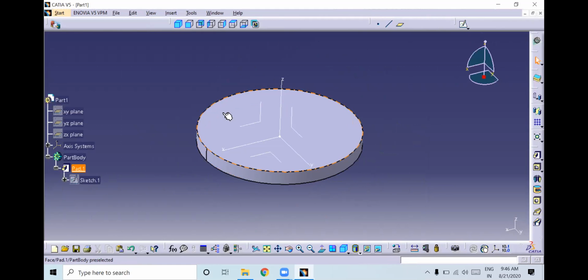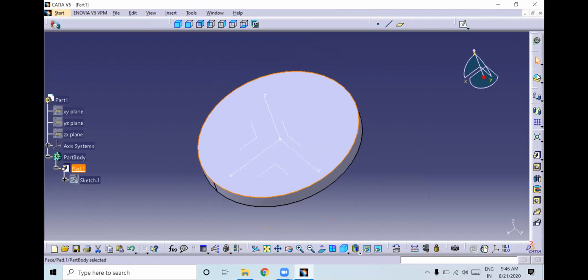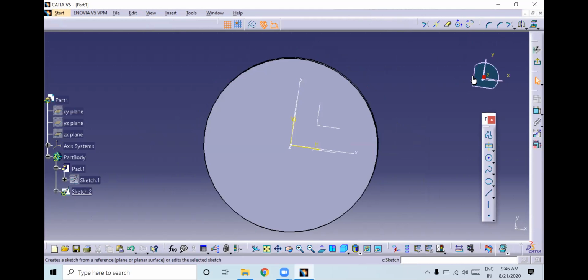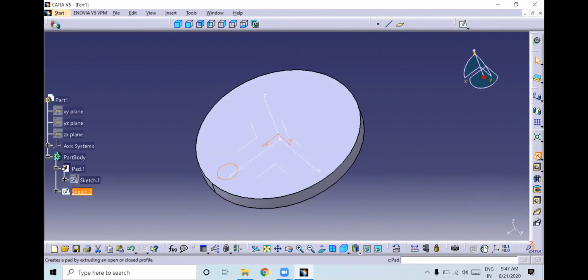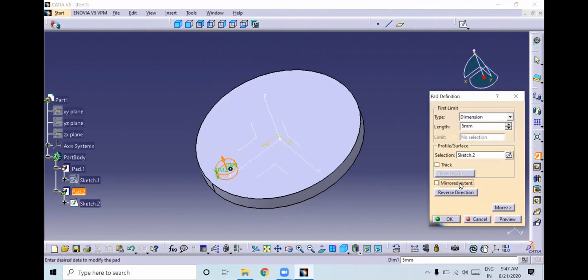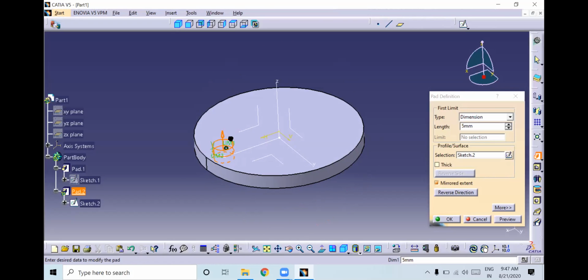Okay. See? So what I will do, I will select this and I will create on the circular part. Exit. So go to pad here. I will make mirror extend. So if you want to create a complete hole,